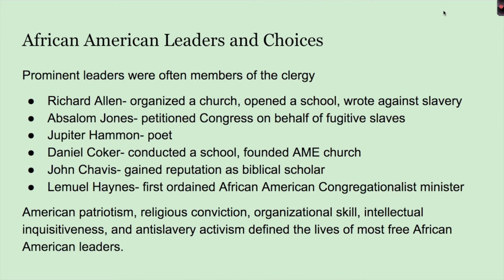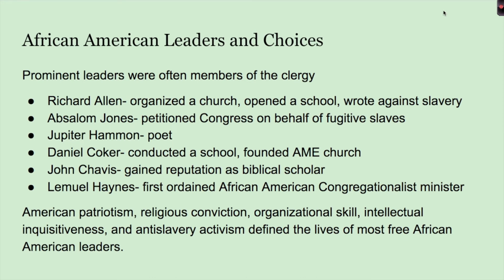Absalom Jones, he often had a concern for fugitive slaves facing re-enslavement, and this led him to become the first African American to petition Congress. His petition later helped abolitionists with the argument that slavery violated the spirit of the Constitution and it should be abolished. Other leaders in this time would be Jupiter Hammond of Long Island and Daniel Coker of Baltimore,